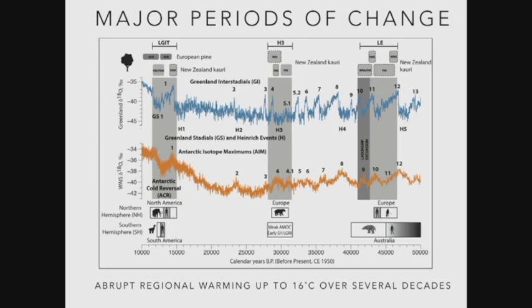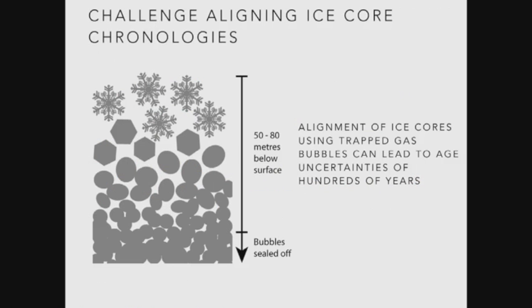And the question we've got is, can we use a kauri as almost like a Rosetta Stone, as a way of actually linking what the tree rings are doing with what is happening in the ice and in the oceans? Can we put everything together? This is something that Alan Cooper and I are putting a big grant application together for. But one of the really interesting things is, although it's not necessarily warmer than today, some of these abrupt warmings are up to 16 degrees centigrade in just a few decades. It doesn't get much more extreme than that. So can we actually tie all this together? Because at the moment, we can't. The uncertainties of chronology are just too difficult.